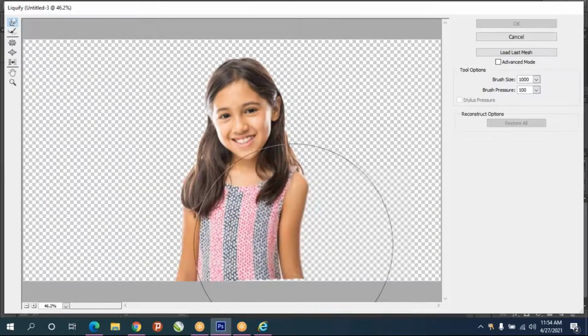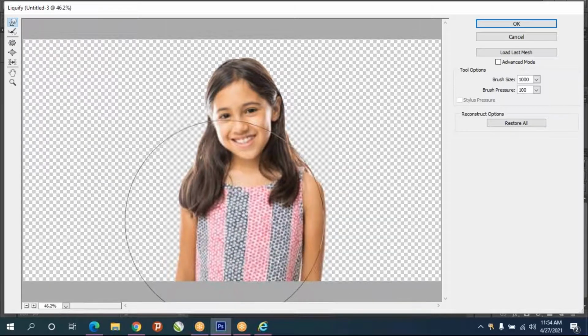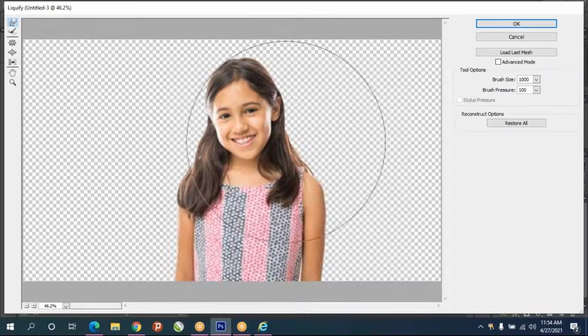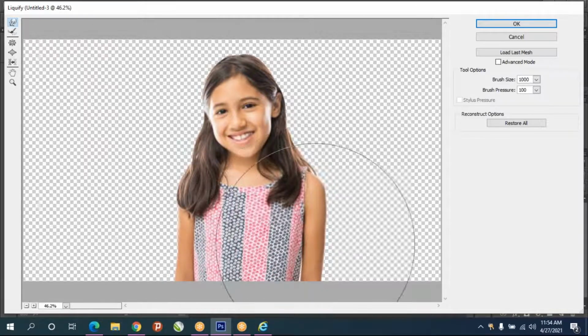So before we scrunched, now you are going to expand. That's it. And reduce the brush size. Don't do too much. Slowly you have to do.